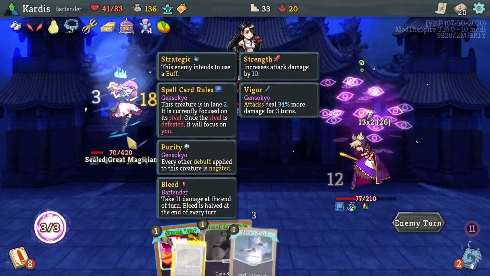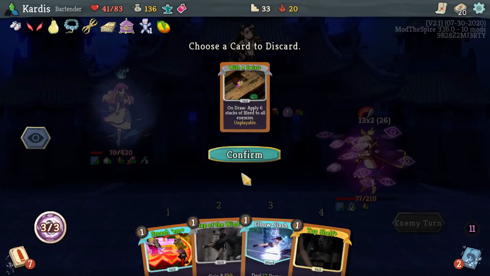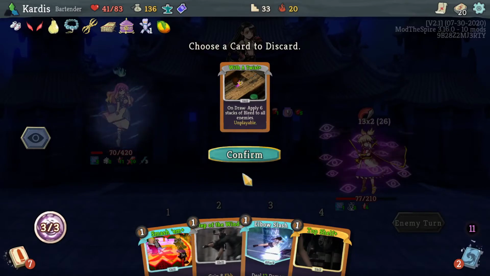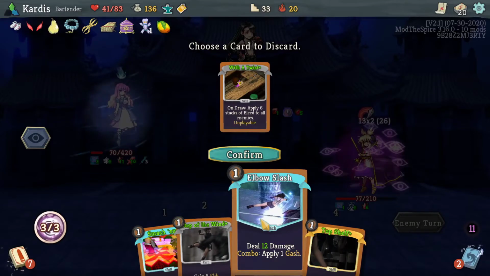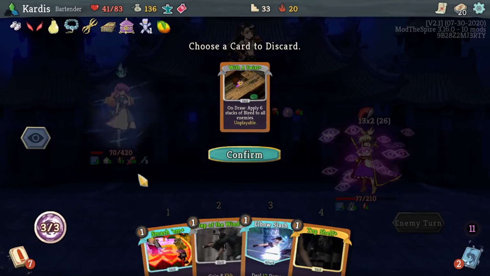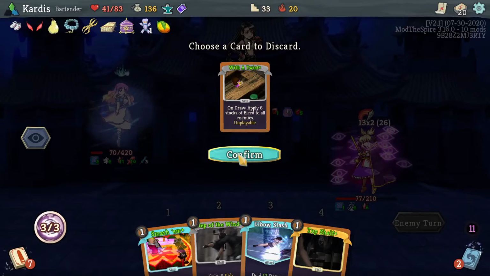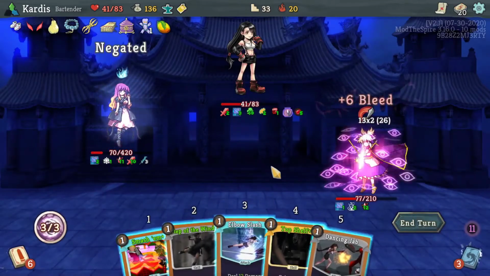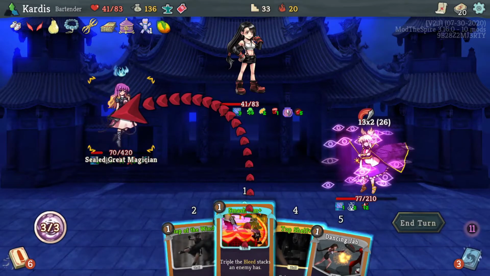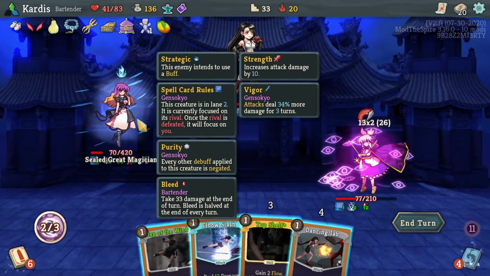Jesus, look at this. So insane. Okay, is there anything else I don't want? I can Elbow, Gash, Smash him. And then that'll be that. I think that's fine. Oh no, I have to... Wait. I have to smash him here. Then